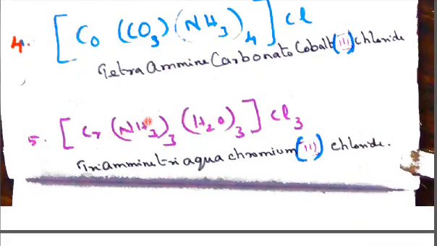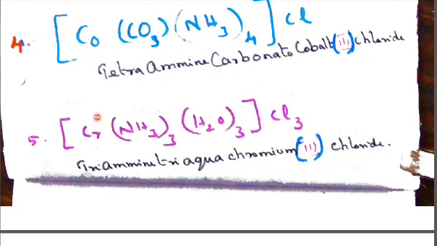Next one is [Cr(NH3)3(H2O)3]Cl3 enclosed in a square bracket with Cl3 outside. First we say the cation, coming right to left. Alphabetical order: this is a neutral ligand, and this is also a neutral ligand. One is called ammine and this is called aqua. So it is AQ and this is AM, so AM should come first. First the number, 3 times, triammine. Then again 3 times, aqua. So triammine, triaqua. Next the central metal is chromium.